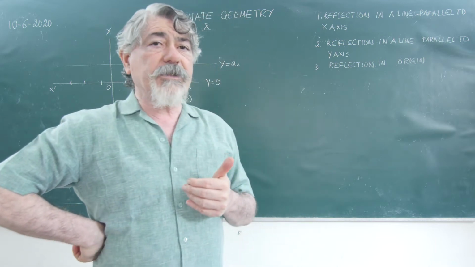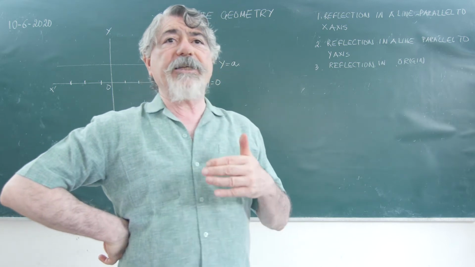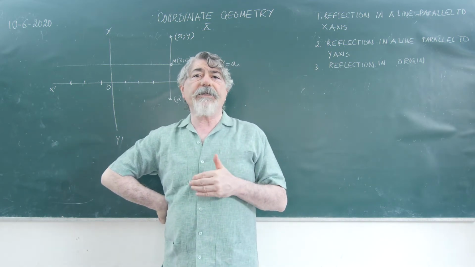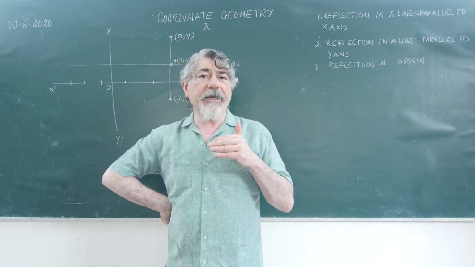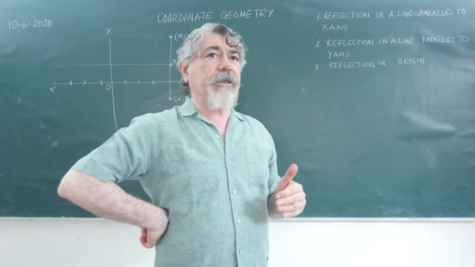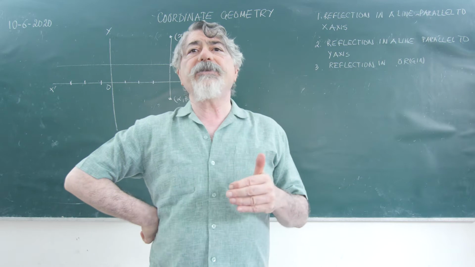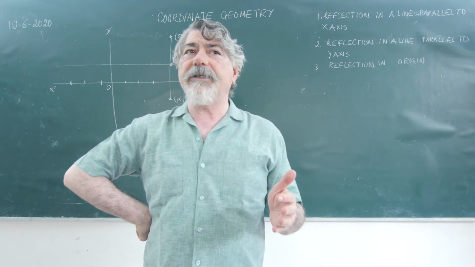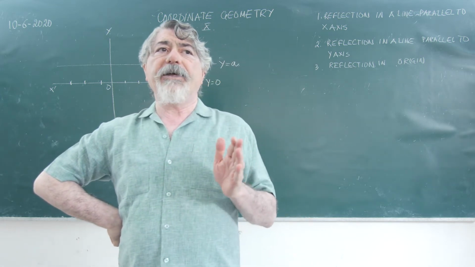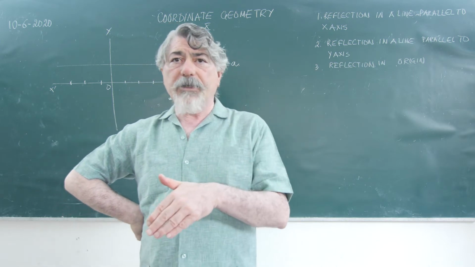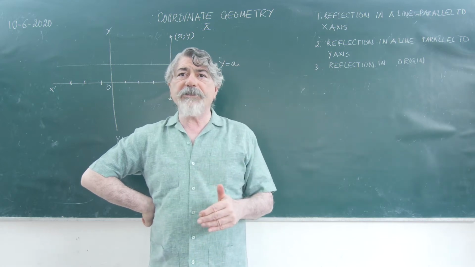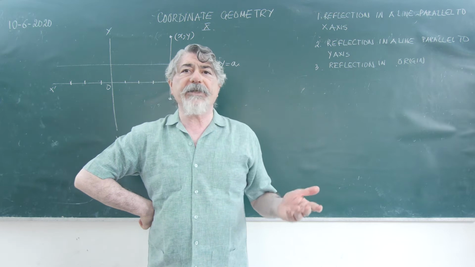And we also talked about the reflection of points. When we reflect a point in x-axis, when we reflect a point in y-axis. We told you when we are reflecting a point in x-axis, only the sign of the y-coordinate will change, x will remain the same. And when we are reflecting a point in y-axis, the sign of the x-coordinate will change and y-coordinate will remain the same. There is no change in the values of the coordinate, only thing which changes is the sign. If we are reflecting in x-axis, the sign of the y-coordinate will change, and if we are reflecting in y-axis, the sign of the x-coordinate will change.